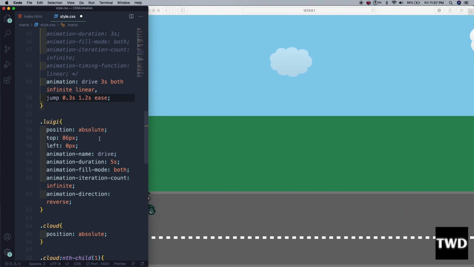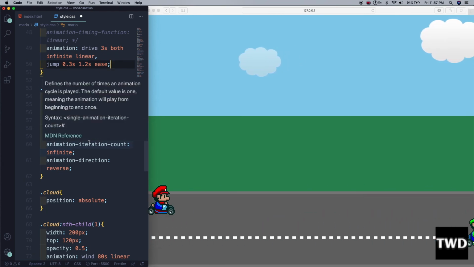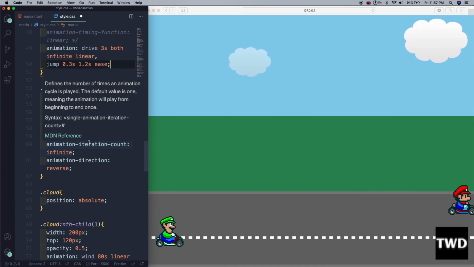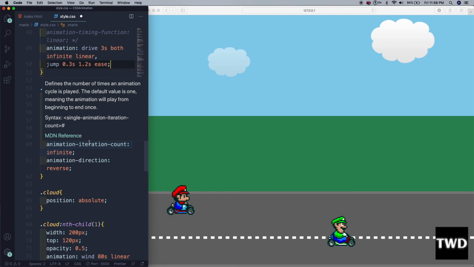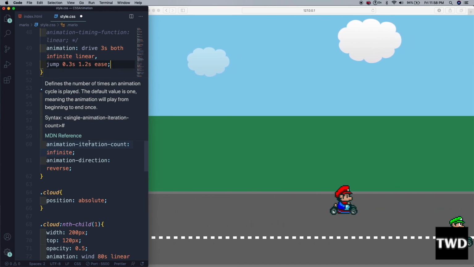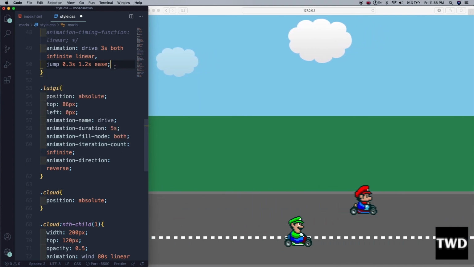So what does this animation do? We are going to make Mario jump once for 0.3 second, after a delay of 1.2 second, and it will be of ease.